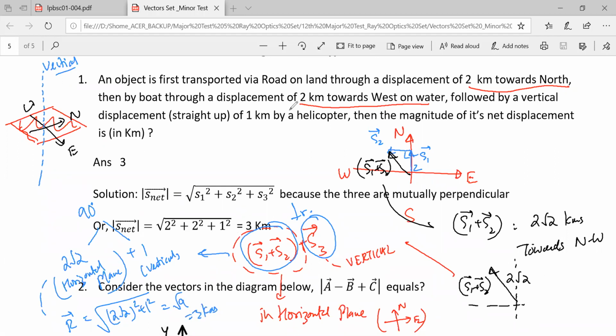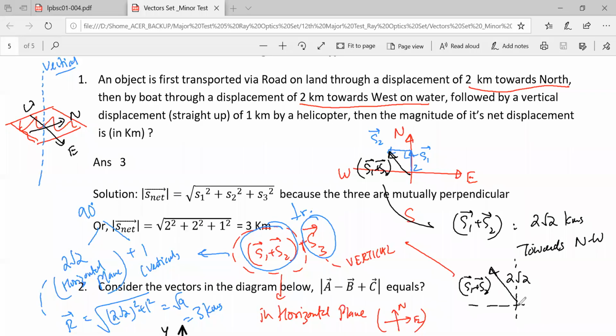So this was a bit of a tricky question for you, okay, because this will be easier later when we understand three dimensional vectors more in detail. But इसको solve करने के लिए आपको three dimensional vectors use करने की जरूरत नहीं. You can just solve it by the method I told you. That first add the two vectors which are in the horizontal plane. So that is giving you a resultant of this one, 2 root 2.